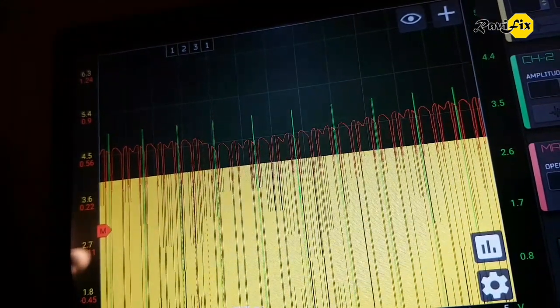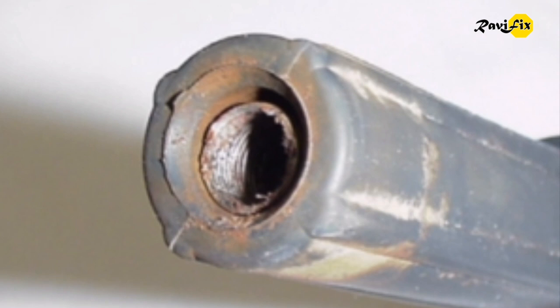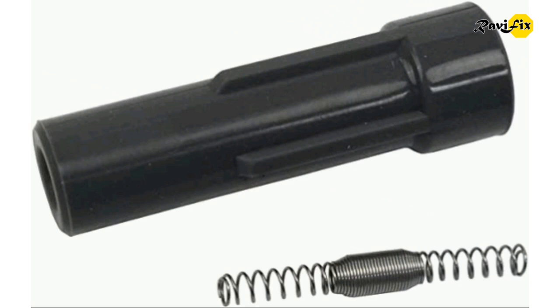After diagnosing that the number 3 cylinder is intermittently misfiring, I made a visual inspection of the number 3 ignition coil and plug. I found that the ignition coil secondary terminal located in the boot had corroded, and there was so much white oxide stuff inside the boot. And the spring in the boot, which provides the connectivity with the plug, had corroded and broken. So, clean the boot and the terminal, replace with a new spring, misfire gone. Easy diagnosis and fix.